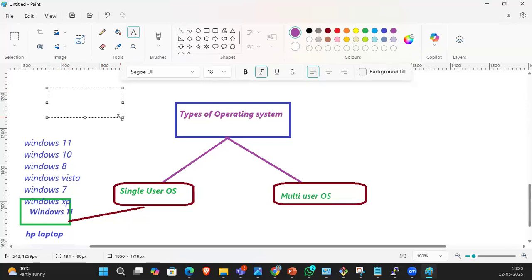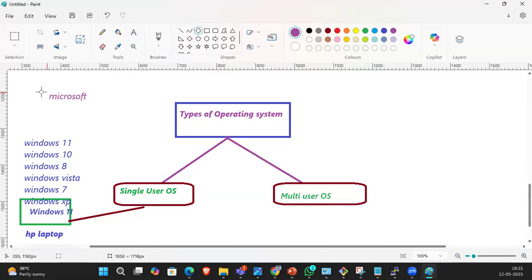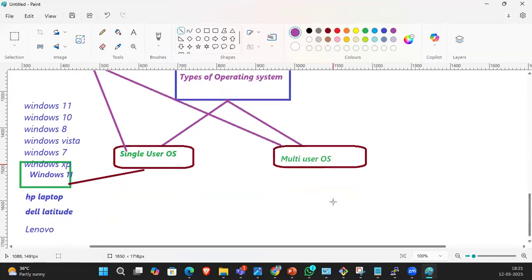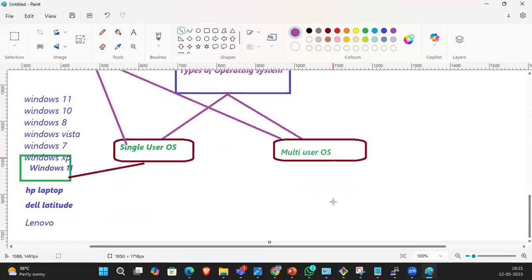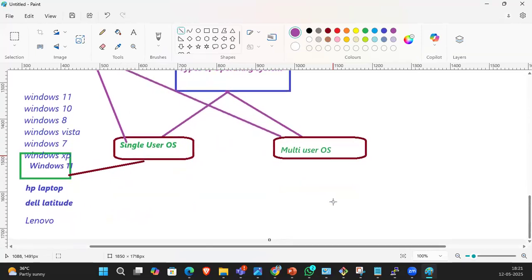The Microsoft company created two types of OSs: one for single user operating system and another for multi-user operating system. A multi-user operating system is one where we can connect multiple users at a time.